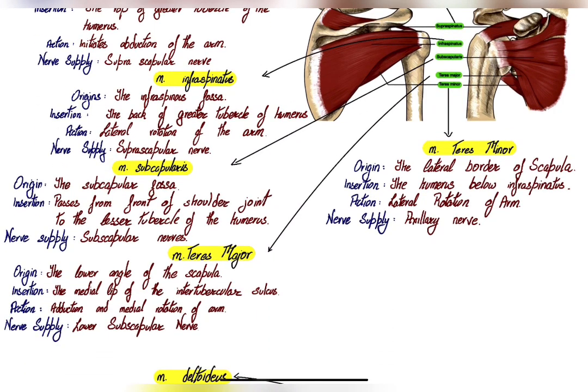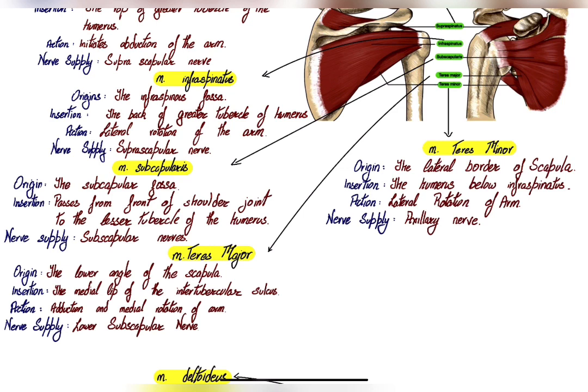The next one is the teres major muscle, which is located over here as you can see, and has its origination from the lower angle of the scapula, which would be located over here if the diagram were complete, and has its insertion in the medial lip of the intertubercular sulcus, which is located somewhere over here. So the nerve supply is the lower subscapular nerve, and the action that it performs is abduction and medial rotation